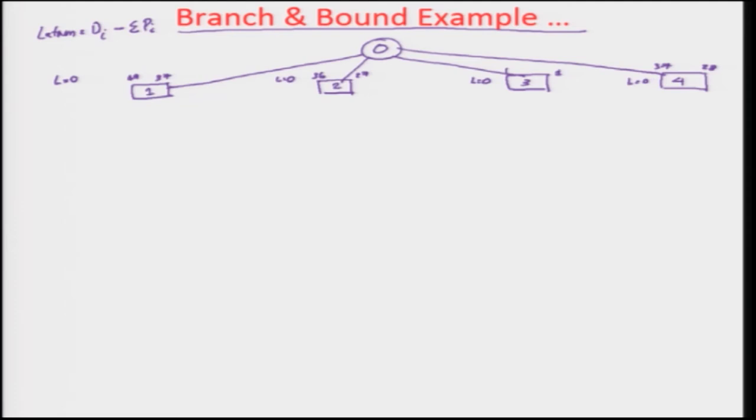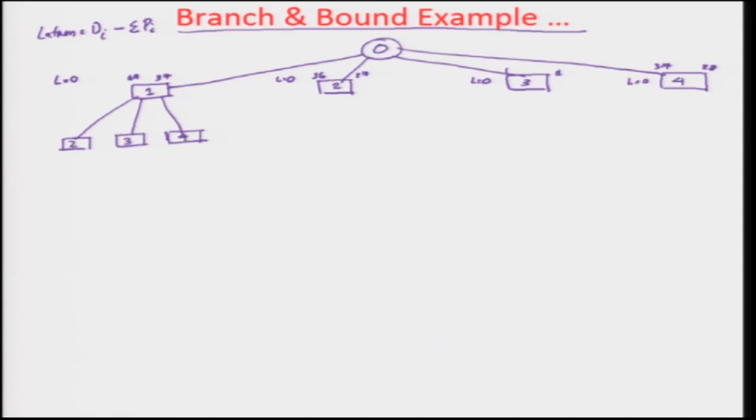Now, there are multiple ways you can think about this. Sometimes what people do is, fine, I will take one of these subclasses and expand it so that I get a solution out of it, and wherever I exceed the due date, I do not continue that branch. So, let us look at that example. I am just going to take this branch 1 and expand it. The next one I am going to do is the sequence position 2. So, you finished that. Now let us think about the next job that we are going to put in here. We have 3 jobs possible, that is 2, 3 and 4.